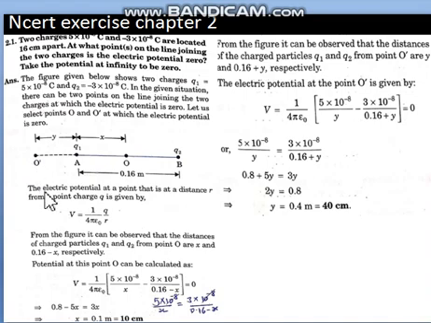So you must have understood here that we have not talked about any direction, because we are talking about voltage, and voltage is a scalar quantity. Whenever we deal with scalar quantities, we have to use the sign of the charge also in the calculations. So we have used this negative sign also in the calculations. It was not the case in the electric field. There we only found the directions. We did not use any sign of the charge. So this way we solve the voltage questions.